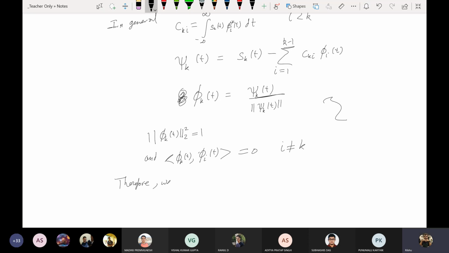Therefore, we can represent the signal SM(t) as a vector SM, sorry, SM in the n-dimensional signal space